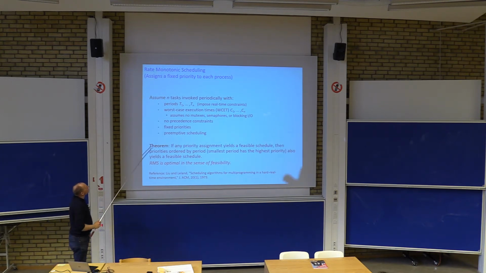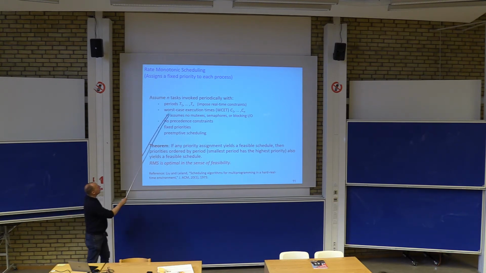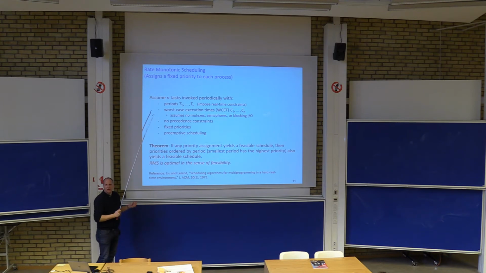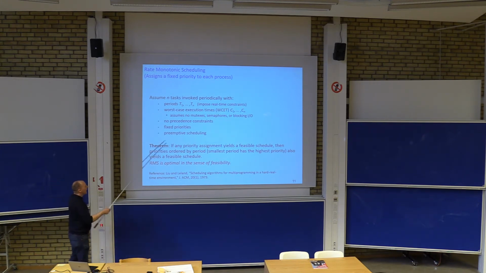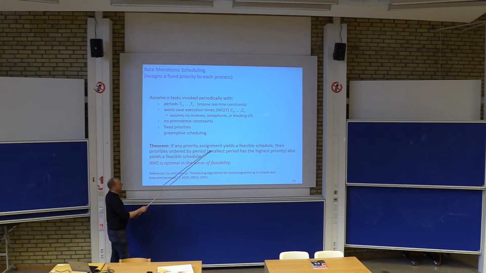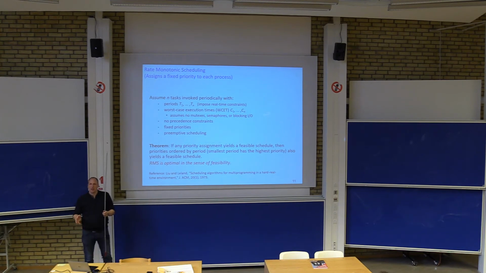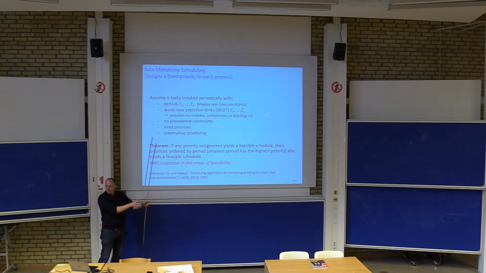What you do in rate monotonic scheduling is that if you have a shorter period, then that task will have a higher priority. So it's a very simple strategy. Shorter periods, higher priority. And what this will guarantee us is that if there is any priority assignment that yields a feasible schedule, so a feasible schedule here, we mean a schedule where all the deadlines will be met,